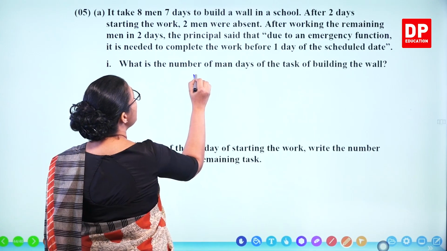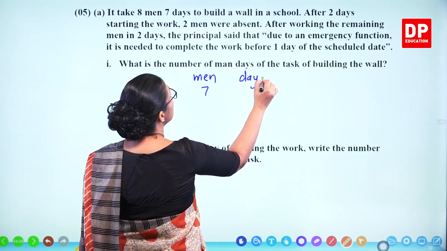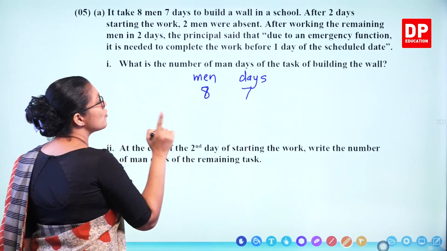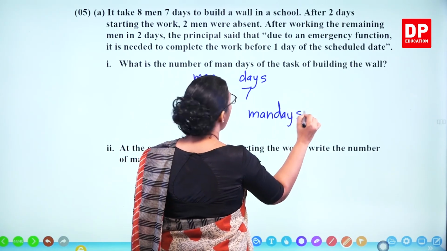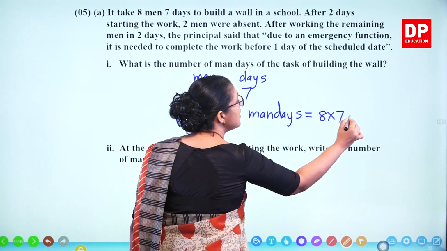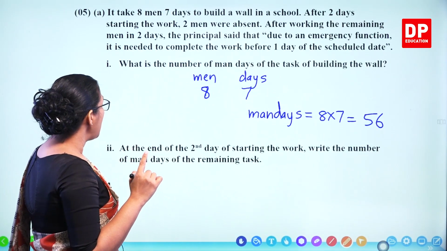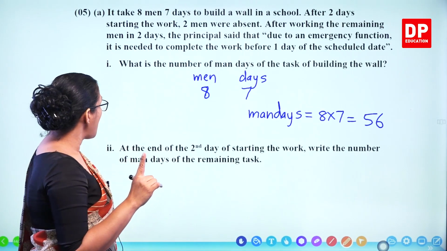So, men 8, days 7. So, how many man days? Man days required, 8 times 7, 56 man days required. At the end of the second day of starting the work, write the number of man days of the remaining task,